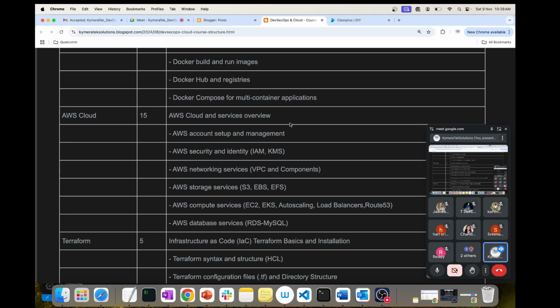Though every cloud has its own disadvantages and advantages, this is leading the market at this point of time, and it's a bit costlier as well. If I want to say a disadvantage, AWS is a bit costlier as well.